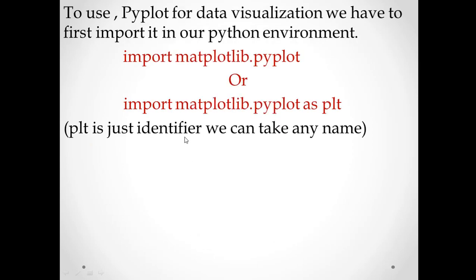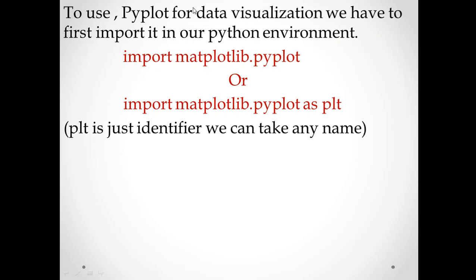Now the next one is to use PyPlot for data visualization. We have to first import it in our Python environment. As we have already done, to use the array related functionality we had to import the numpy module in the Python environment.